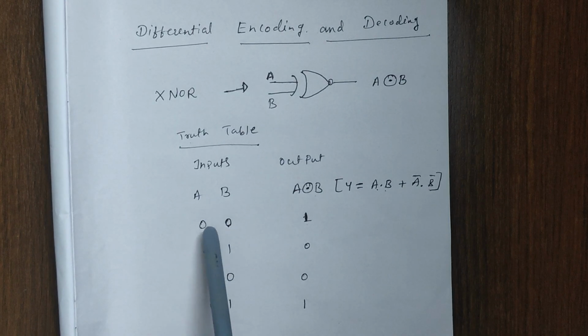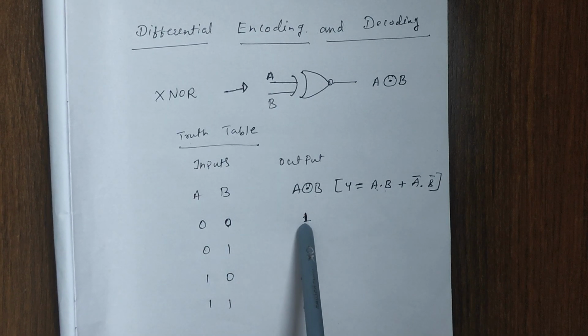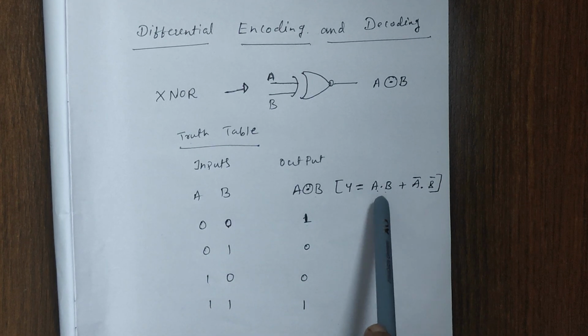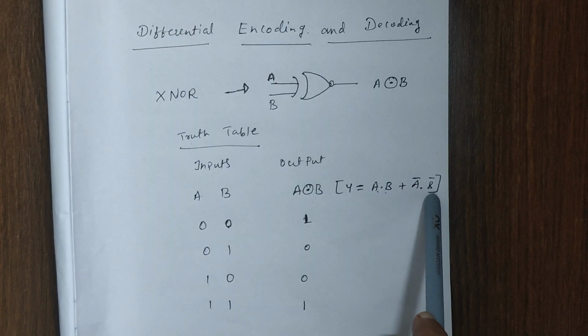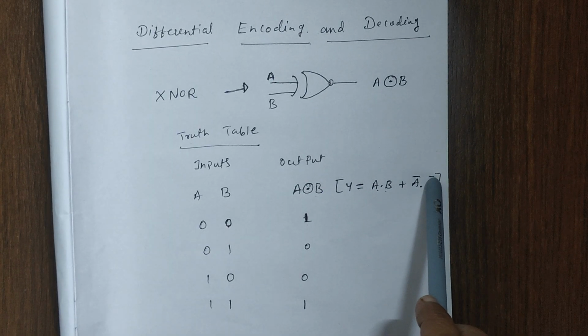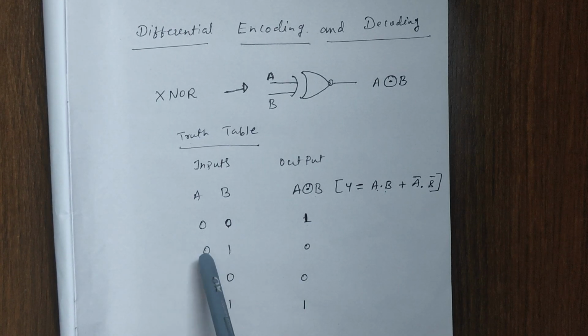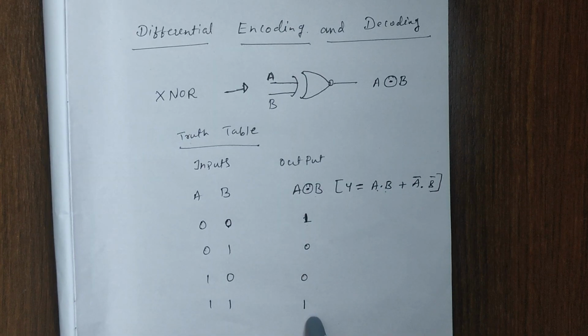For AB inputs 0 0, 0 1, 1 0, 1 1, what is the output? For AB 0 0, you substitute in this equation so that we will get 1. How? A is 0, B is 0. 0 into 0 is 0. A is 0, 0 complement is 1, B is 0, 0 complement is 1. So 1 into 1 is 1, 1 plus 0 is 1. Similarly, the other inputs 0 1, 1 0, 1 1, you can substitute in this equation and we can get